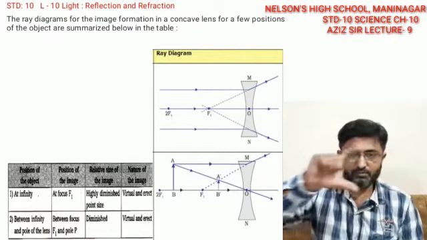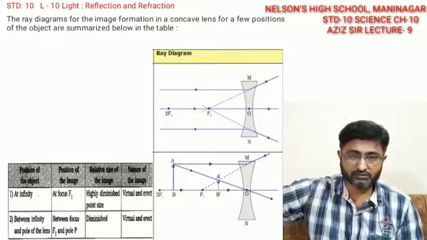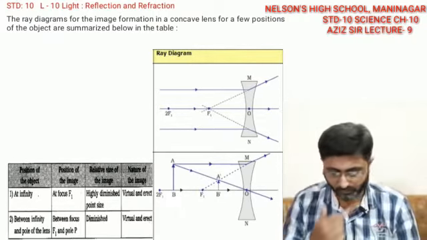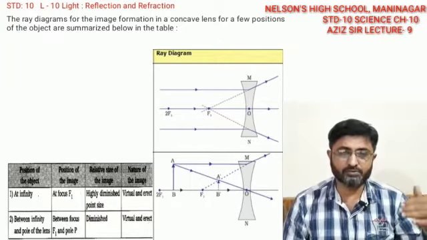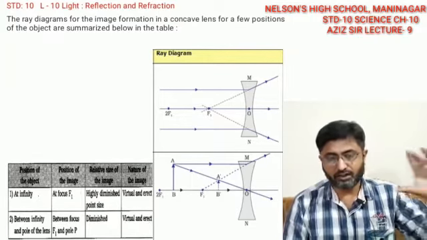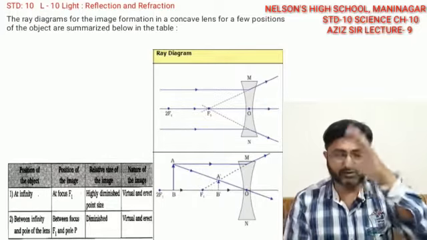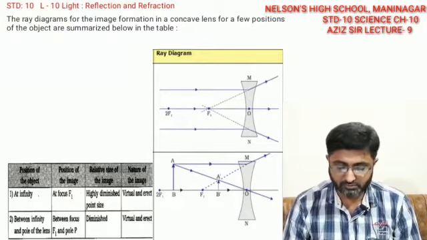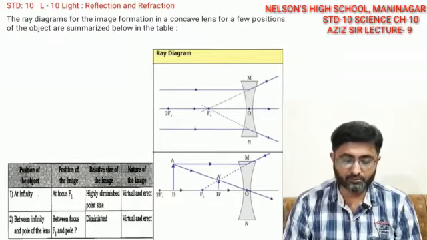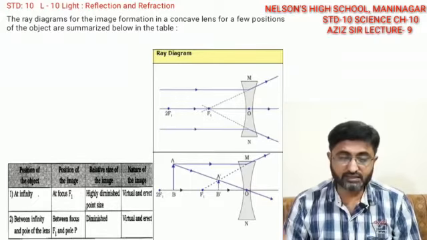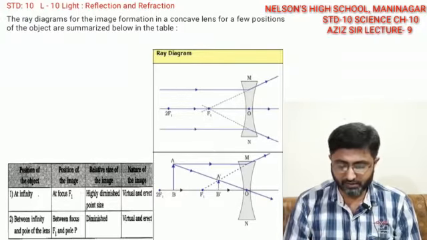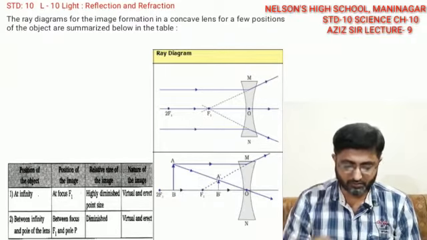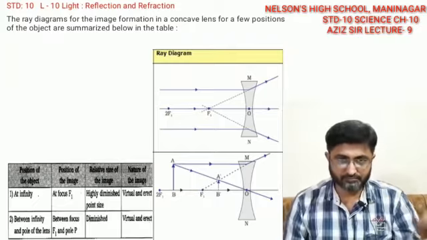Now all the lines which are coming parallel get diverged, but if you draw the diverged lines backwards, they meet at the focal point, right? So the object is at infinity, all the lines coming parallel get diverged, but the image is at the focal point, basically a point in size. Now as you are seeing, the position of the image is at focus, and its size is highly diminished, and the nature of the image is virtual and erect. Virtual and erect,